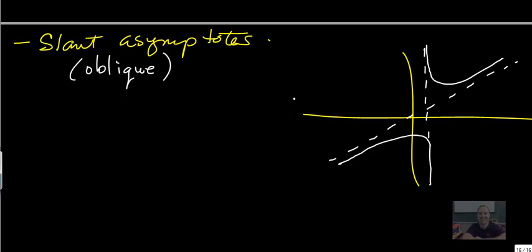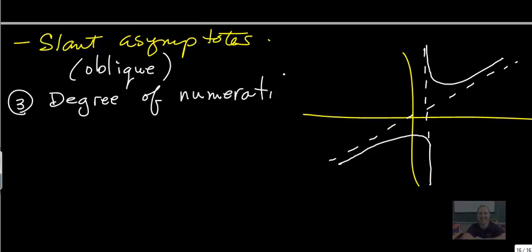Oblique means slanted. So this would be hint number 3 for when you have a slant asymptote: when the degree of the numerator in the rational function is greater